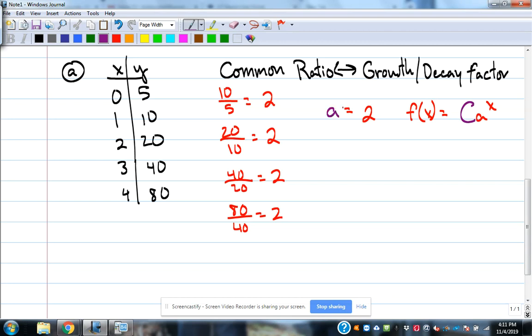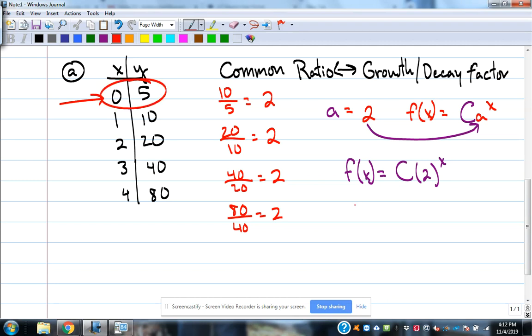C, this is a. So we're going to put 2 in the place of that a. So f of x is equal to c times 2 to the x power. And then what we've got to do is find out what's the initial value. And if the ordered pair is in there, it's really easy to see that when x is 0,